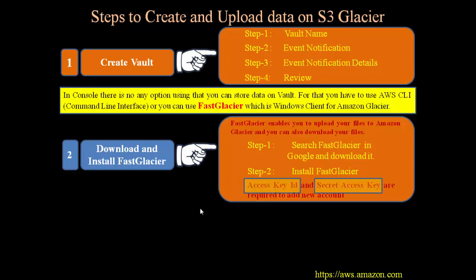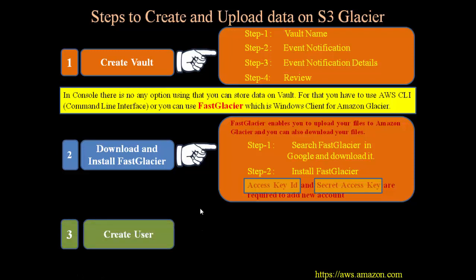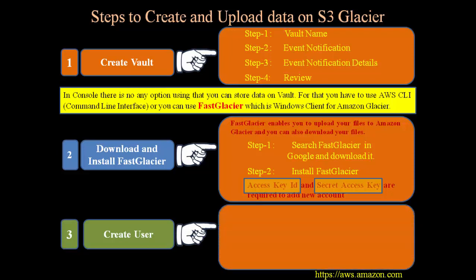As per step number 3, we have to create a user, and to create the user we again have to follow certain steps. Step number 1, open the AWS console and click on IAM. You have to go back to our Amazon console and identify the option IAM. You just click on that. Then click on Users and click on Add user. There is another option that is Users. You click on that, and then there will be another option, Add user. You click on that and provide all the information like the name of the user and other details.